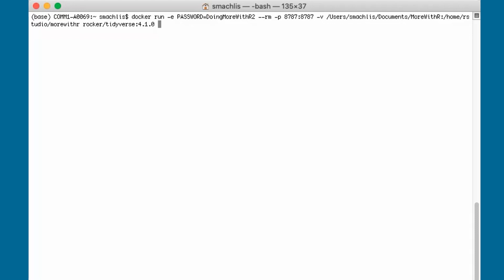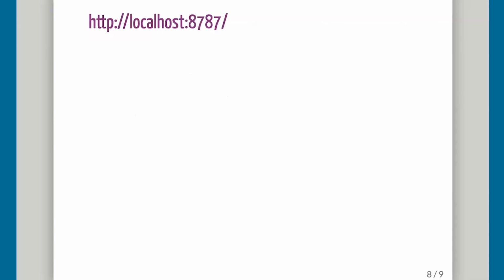I'll run the code with my password. And you'll see the Docker image is starting up. Now to get to R and RStudio, I'll open port 8787 on localhost on my system. So let me click that and log into my RStudio.